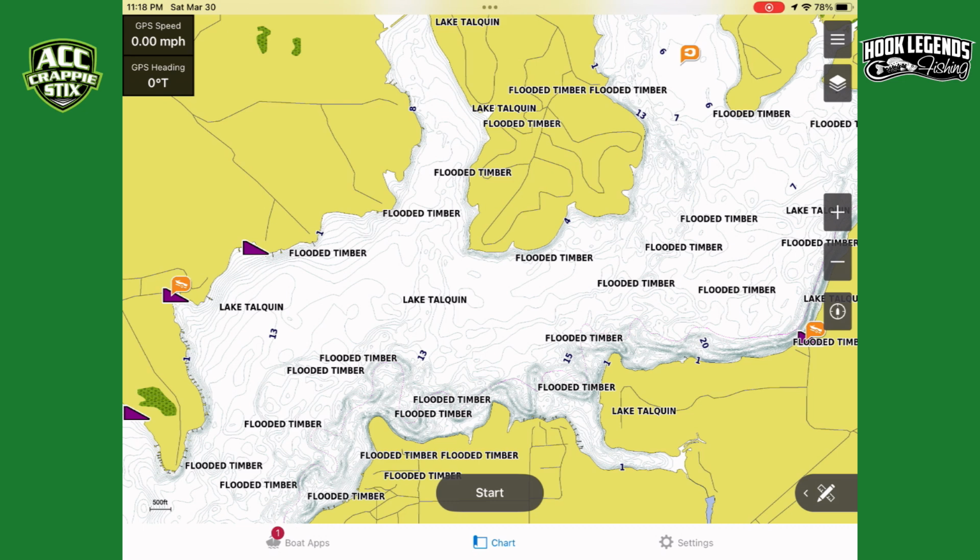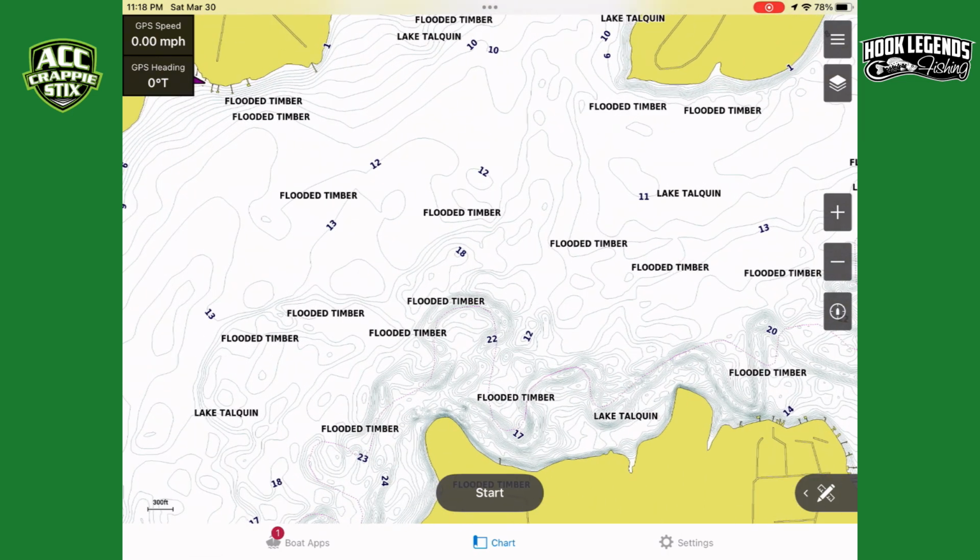So they'll use the major river channel to go so far, then they'll get off on some of the primary channels that'll lead you back into some of the creeks. And on the way back into some of those creeks, there'll be some secondary channels. And they'll sometimes use the secondary channels to get into some of those spawning areas where maybe there's the hydrilla, the coontail moss, whatever it is they're bedding in. They use these channels the same way we use highways. Now, this is very important because once you understand how to identify these major